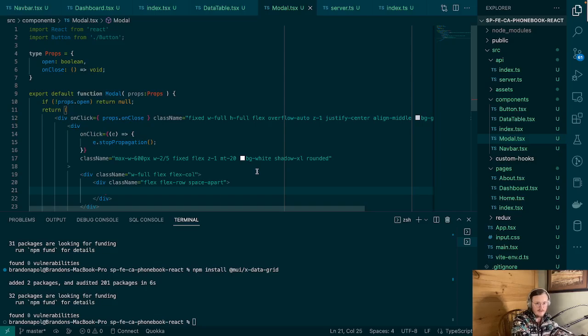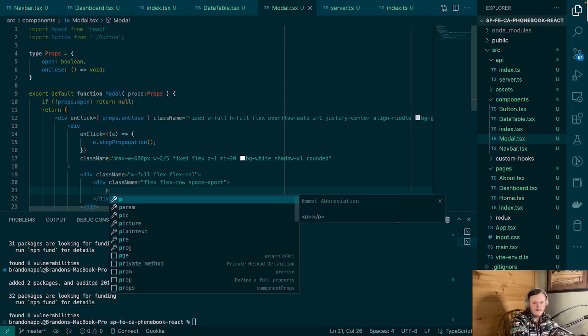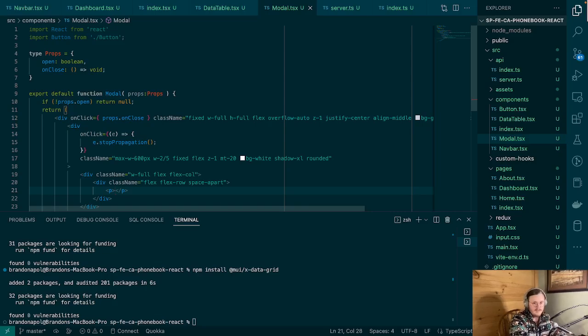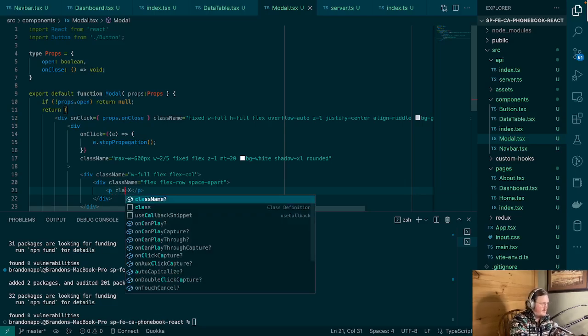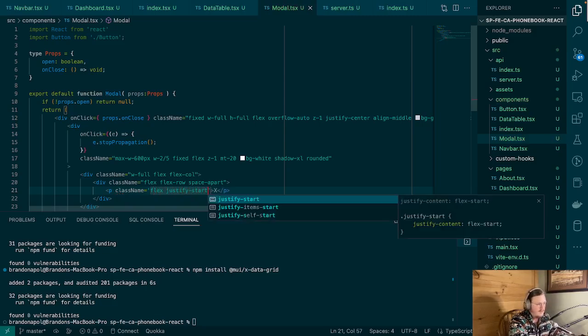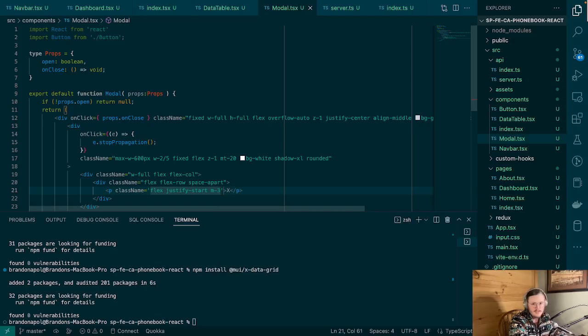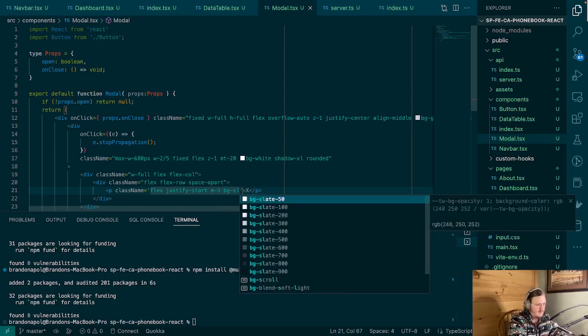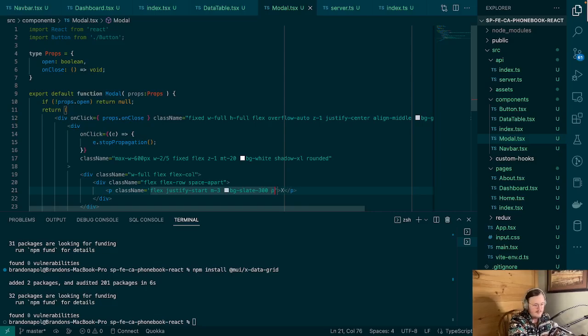Cool. So we'll have that there, and we're gonna have a p tag here. And this is just gonna be the letter X. If we wanted to later on, we could go and get a nice Font Awesome icon. But we're not gonna do that right now. So the class name equals flex justify-start, margin-3, and background slate-300, padding-2,